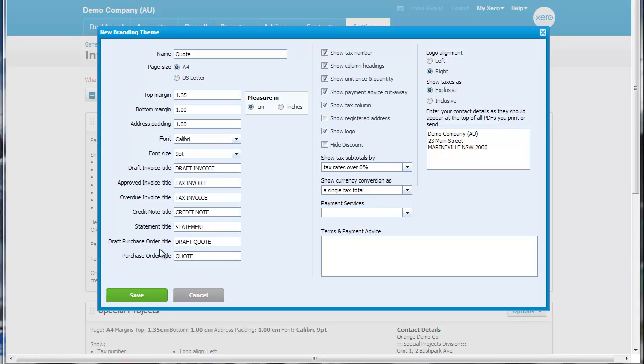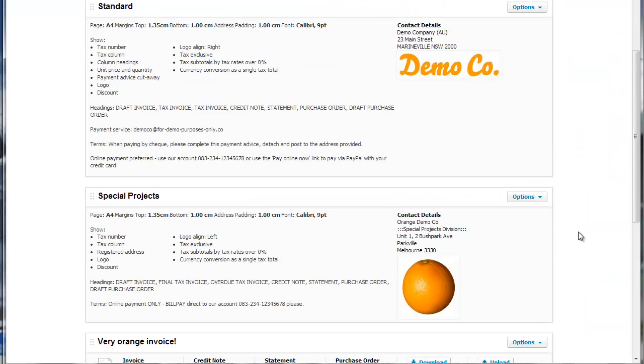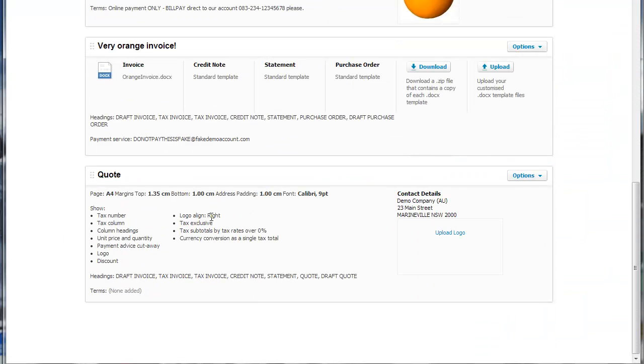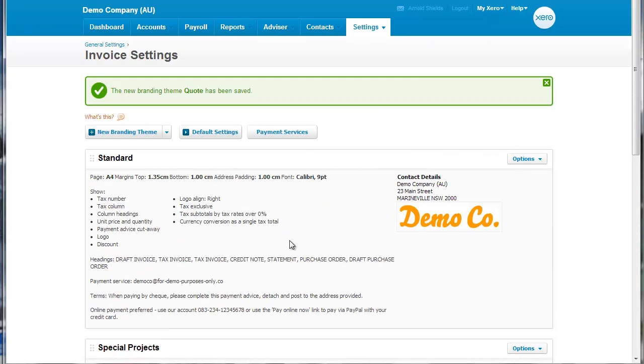Now, this is only one method you can use. There's some other changes that we can make along the way, but this is a simple one to show you the functionality. So now we have a draft one called quote, and we can upload our logo, etc. So what we're going to do is we're going to go to